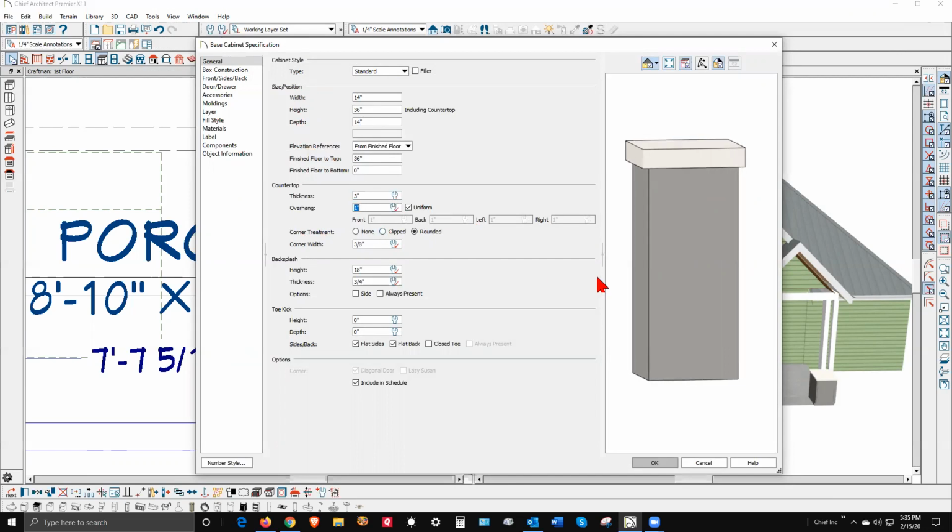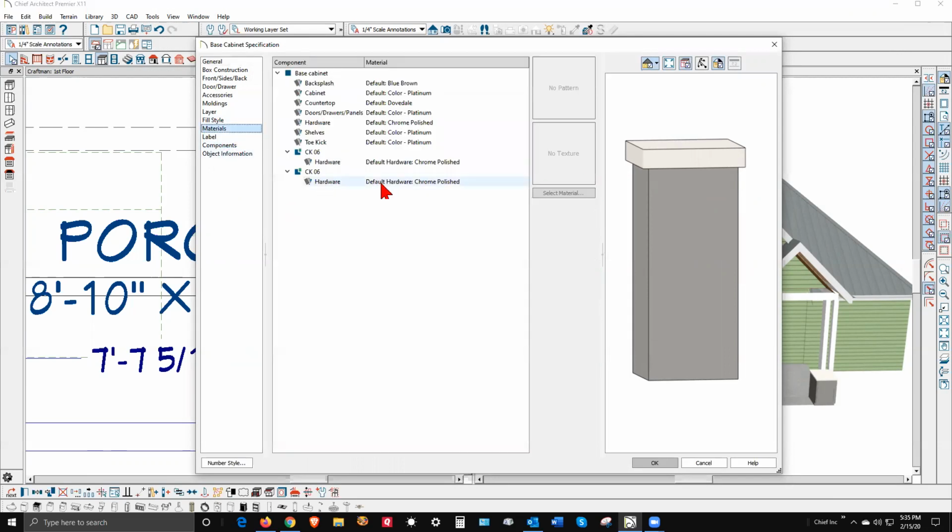Yeah. And then we'll go over here to the materials. Excuse me. And there's no hardware because I took it all off. Toe kick, there's no toe kick anymore. So we want to do the cabinet, and press the shift key. I know there's no doors, but oh, I don't want that. Let's see. Let me hit the control key. Yeah, there we go. Don't care about that and that. Okay, I'm going to go over and